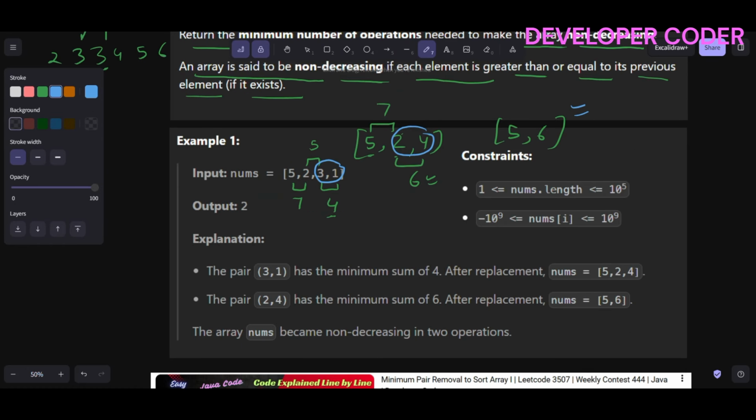So see this explanation. The pair 3, 1 has the minimum sum of 4. After replacement, nums is going to be like this: 5, 2, 4. The pair 2, 4 has the minimum sum of 6. After replacement, nums is equal to 5, 6. The array nums becomes non-decreasing in 2 operations. So this array 5, 6 becomes non-decreasing in 2 operations. Clear? All right. Now here, yesterday we solved the same problem, like part 1 of this one, with the same problem statement